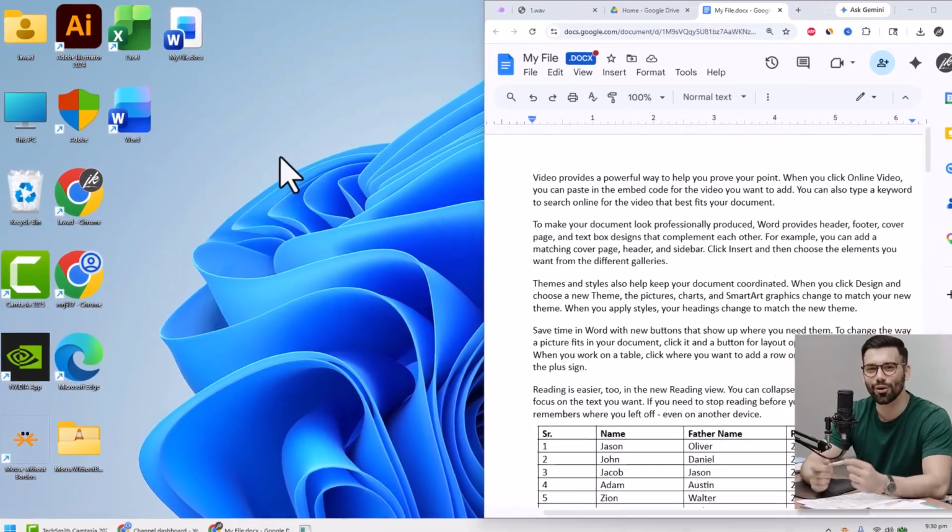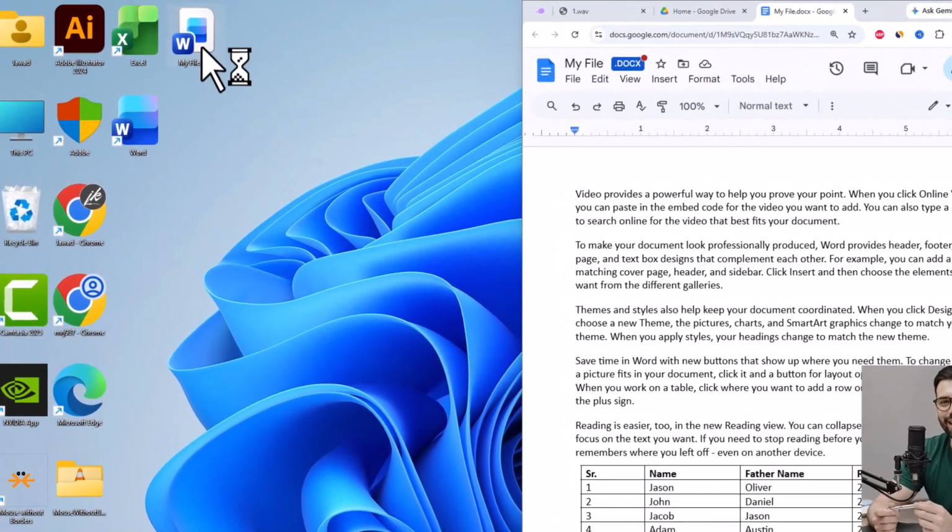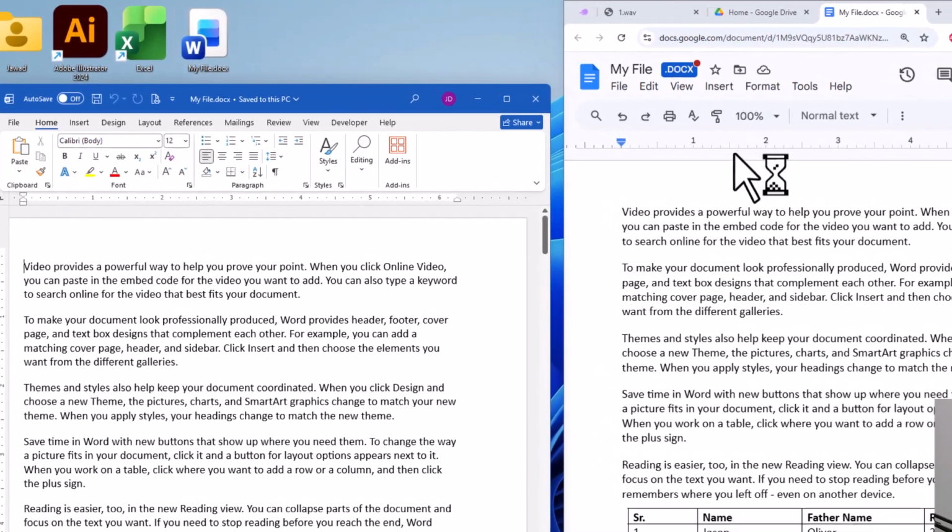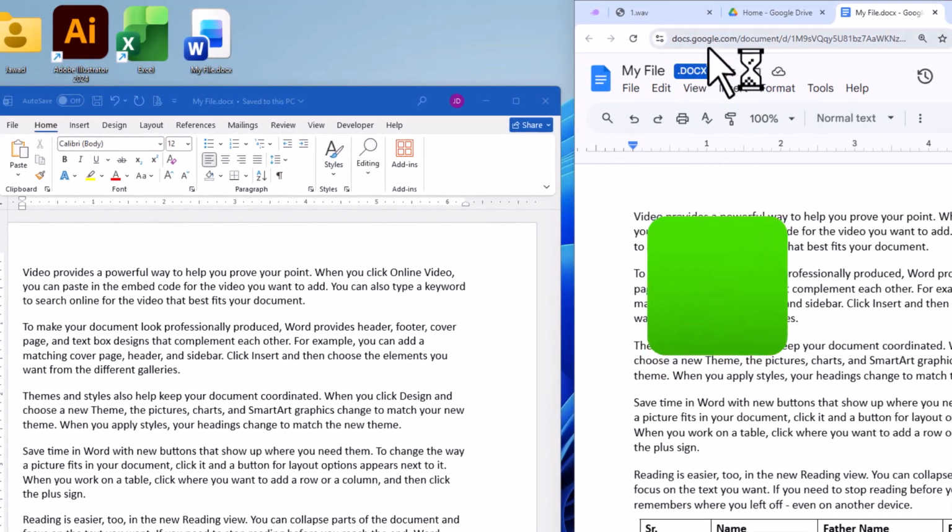Today, you will learn how to import a Word document into Google Docs and start editing it online without installing